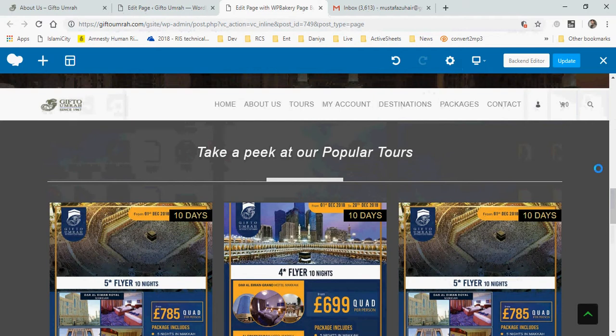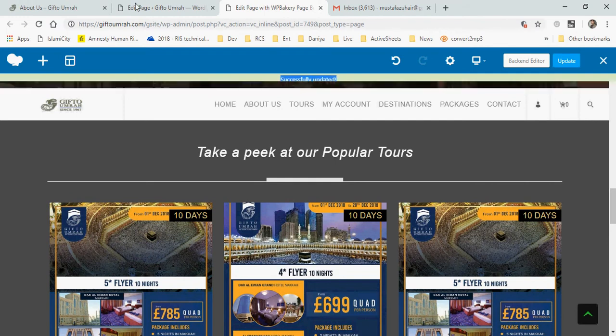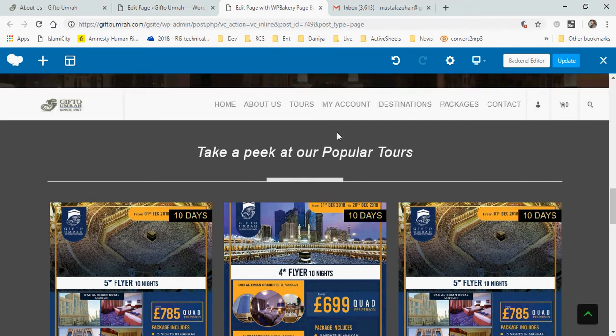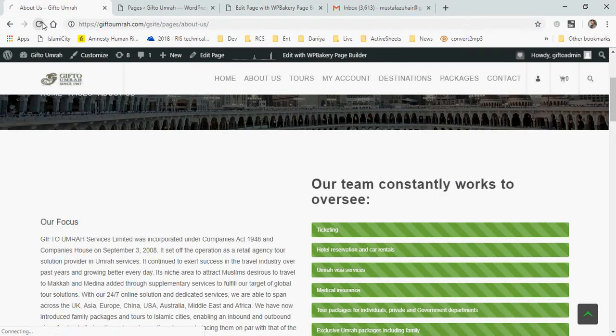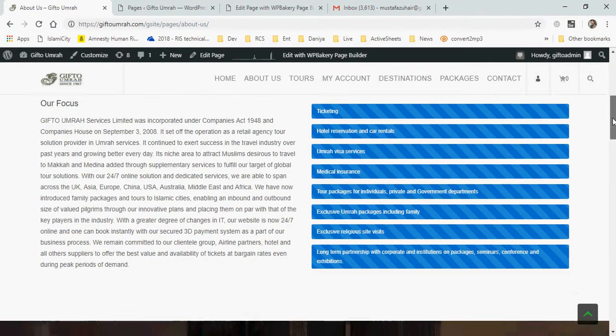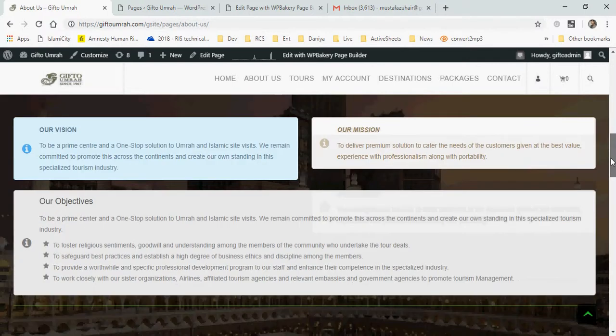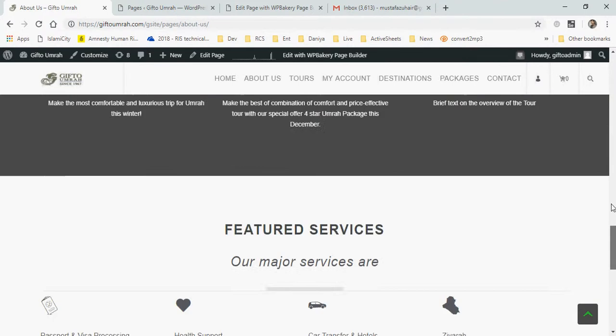So once you are done, don't forget to click update on the top, and a successfully updated notice will be given here. And let us just take a quick peek and click reload to see the changes that have taken effect. And as you can see, these are basically the titles, and anything that you have changed will be reflected here